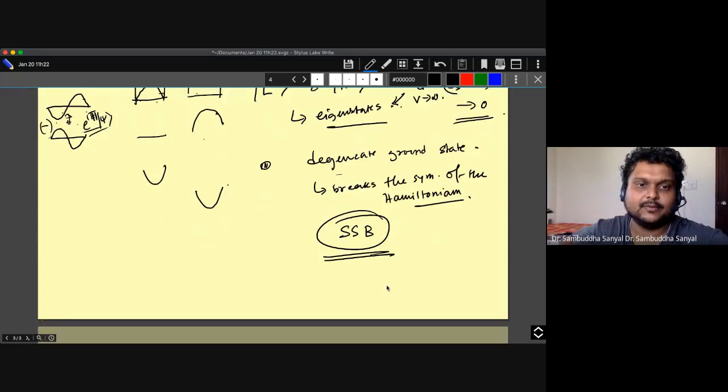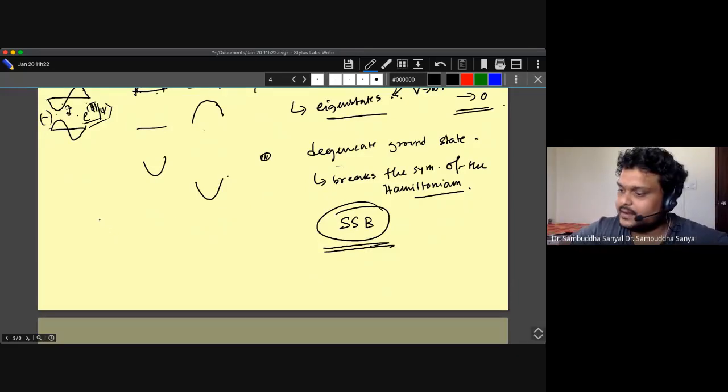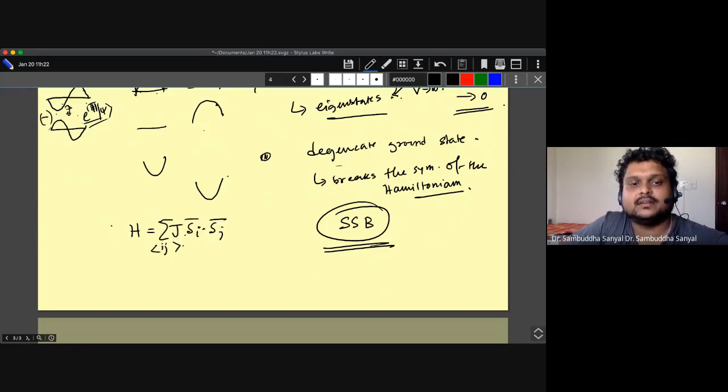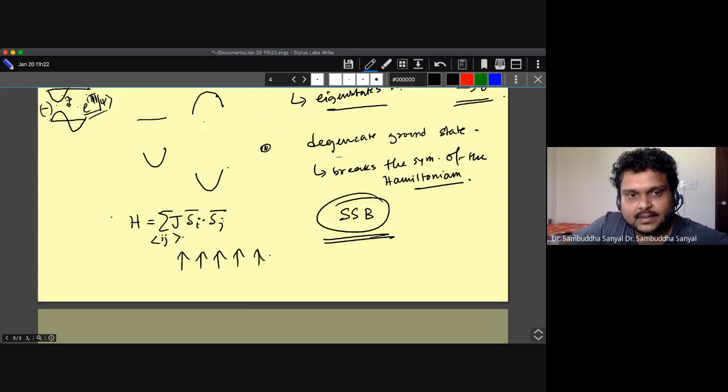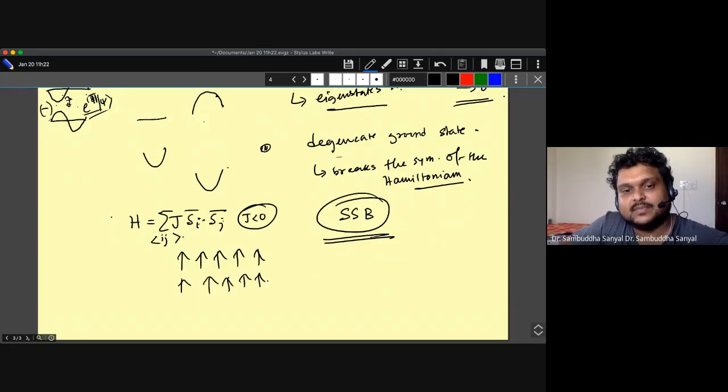One classic example is ferromagnets. In a magnet, all the spins can be oriented in an arbitrary direction. Consider the Hamiltonian J Si dot Sj, where J is the exchange coupling and Si and Sj are the spins. You are familiar with this because we did this Hamiltonian last semester for 2 spins, 3 spins. But I can have infinitely many spins. If J is negative, the Hamiltonian will try to orient them in the same direction, and it becomes a ferromagnet.